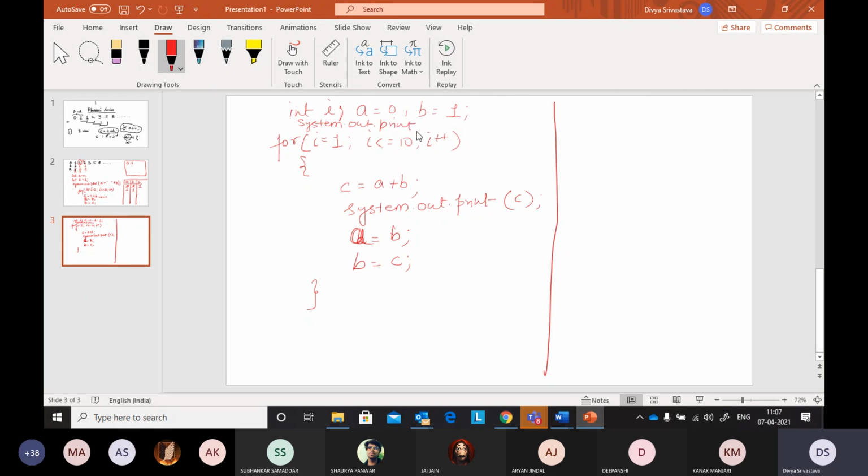system.out.print. Do not use ln. If you will use ln तो वो next line में चला जाएगा. And as per the given output, we want our output in a same line. तो print the value of A, then space, then B. ठीक है? तो अब let us take that this is my output screen. A is printed as 0, then space, then 1.